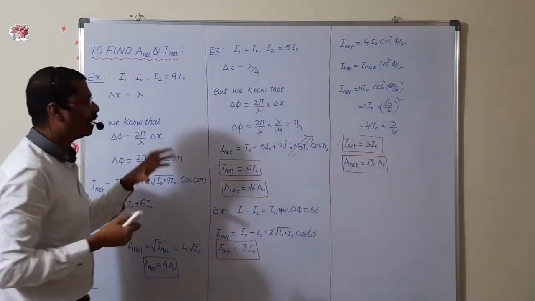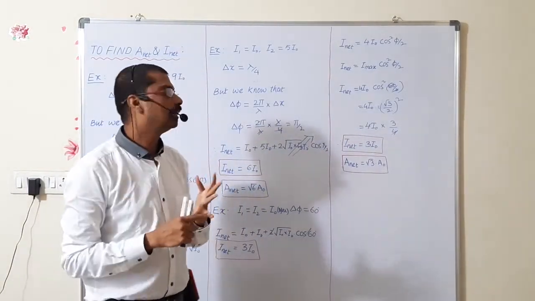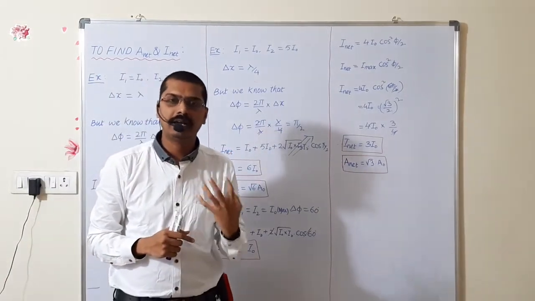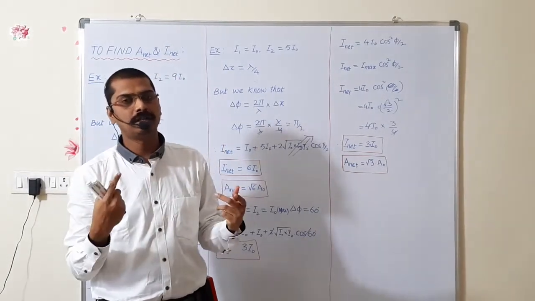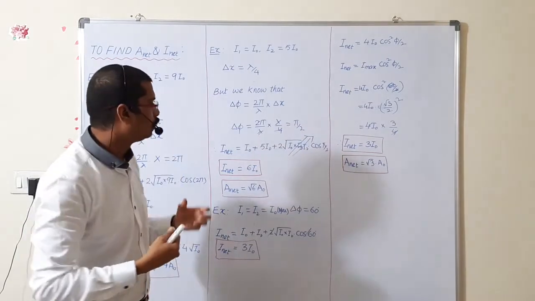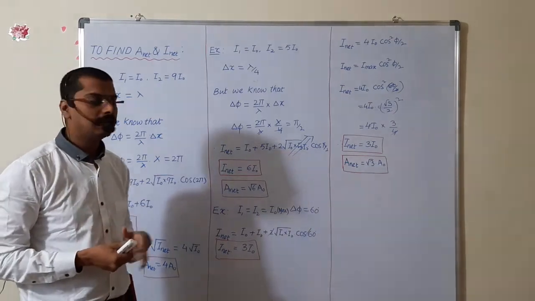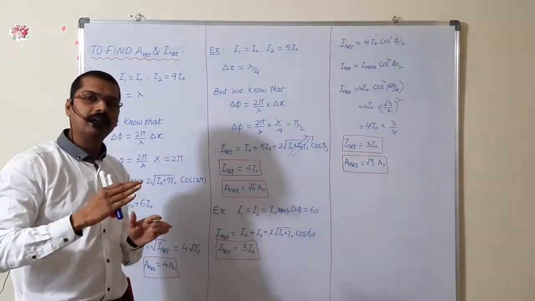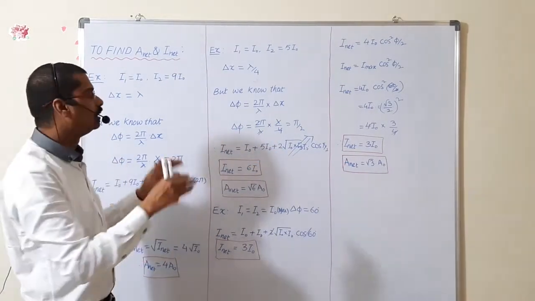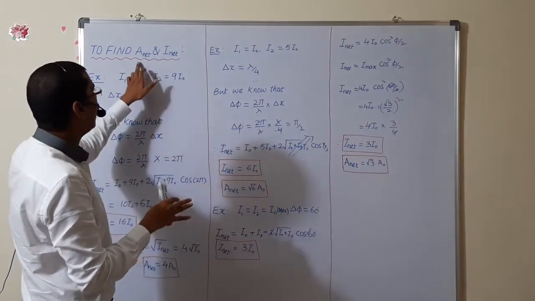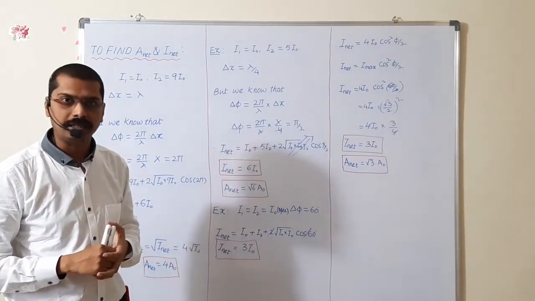In these types of problems, the individual waves may be given. By using the wave equation also we can find the I net and A net. Otherwise the phase difference is given for the two waves, and by using the phase difference we can find I net. Or by using the path difference also we can find I net, and when two waves are identical, and at maximum, by using that also we can find I net and A net. These are the sums based on finding I net and A net. Like that only sums you will get in all competitive examinations. Now copy down.